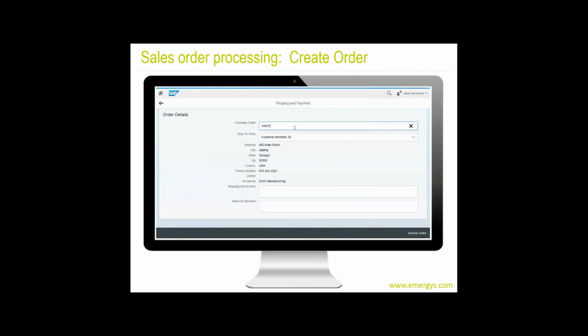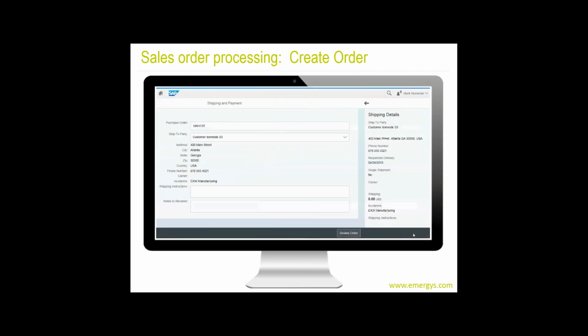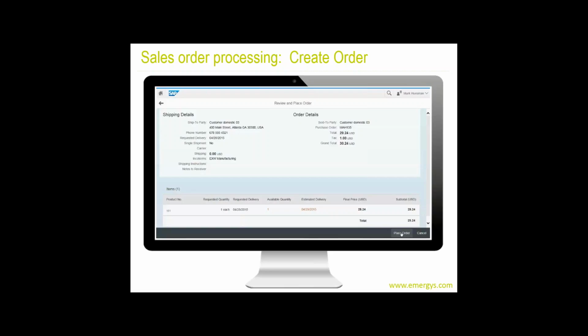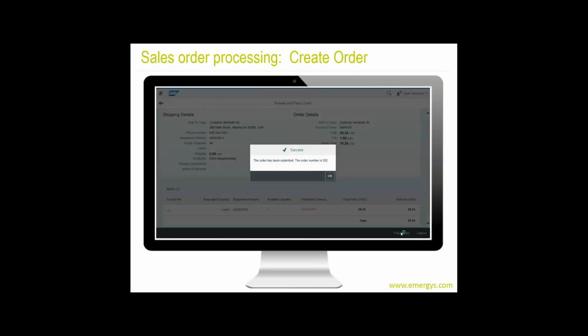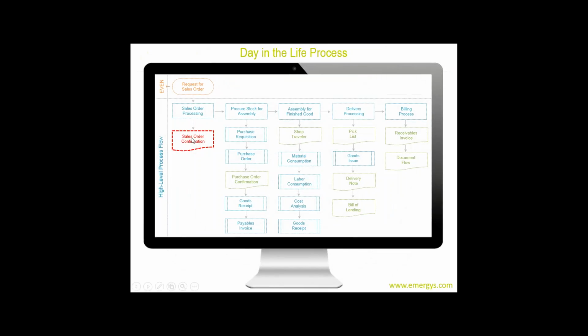You come in, and an optional field is purchase order. I've made it required in my suite, my solution, so I have to enter that. And finally, place the order, and we get confirmation that the order's good to go. In the background, we can have printed out an order confirmation, emailed it as a PDF attachment, auto faxed it. There's lots of options. EDI the information to the customer. Depends on the type of business again, and how big you are, how eloquent you are, and how your customers want you to interact.